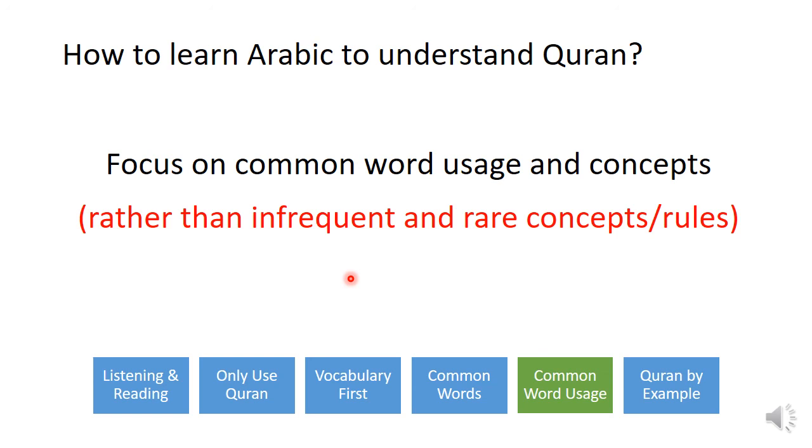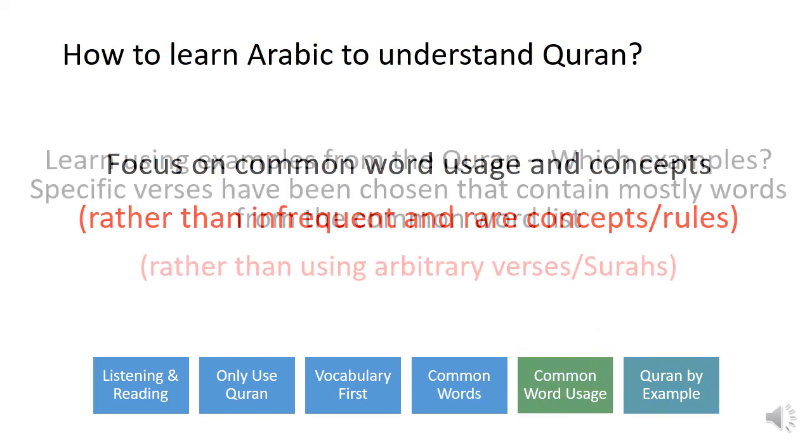That dual form of words, when you're speaking to two people, doesn't occur that often in the Quran. It does occur sometimes, but it's not that common and it's too complicated for this intro course. So we're not going to be covering dual form as an example. Another thing we're not going to be covering is the feminine form. It doesn't occur that often in the Quran where Allah speaks to two women or three women or women, so we're not going to be covering it, even though it does happen. We've made some compromises and we're not going to be focusing on that.